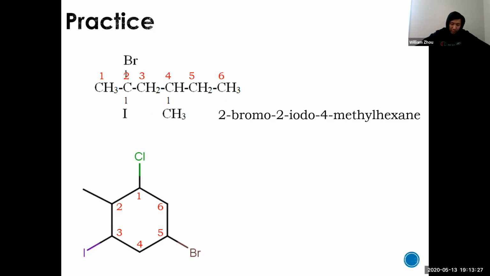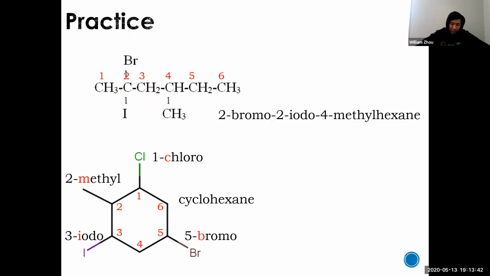So this is the only way that you can number these. You have to go counterclockwise from chlorine. And 6 carbons makes cyclohexane. That's 1-chloro, 2-methyl, 3-iodo, and 5-bromo. So alphabetical: B before C, before I, before